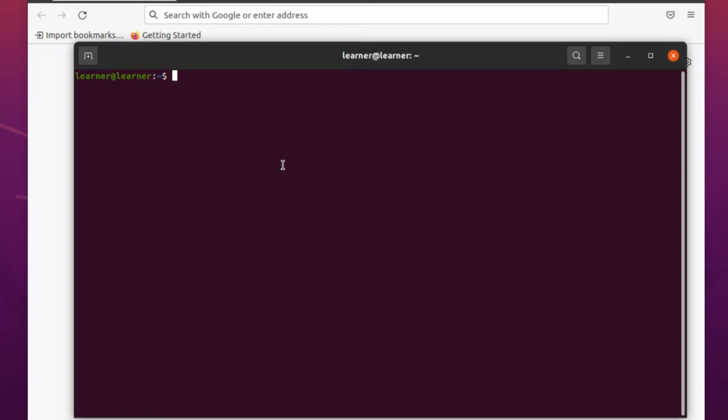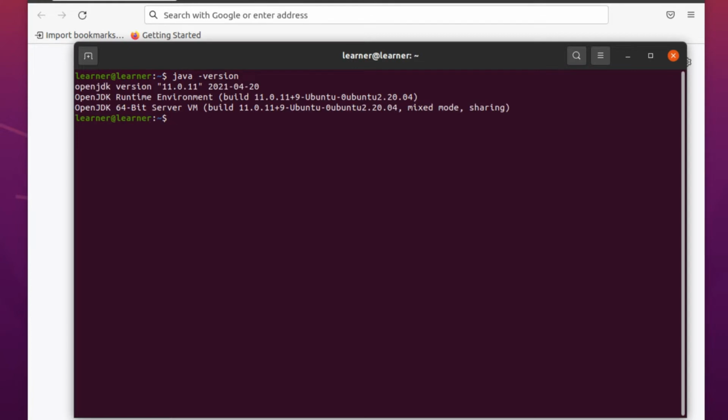So first you should check if you already have Java installed on your machine or not. For that you can just simply type java -version in the terminal and press enter. As you see, in my machine OpenJDK version 11 is installed,